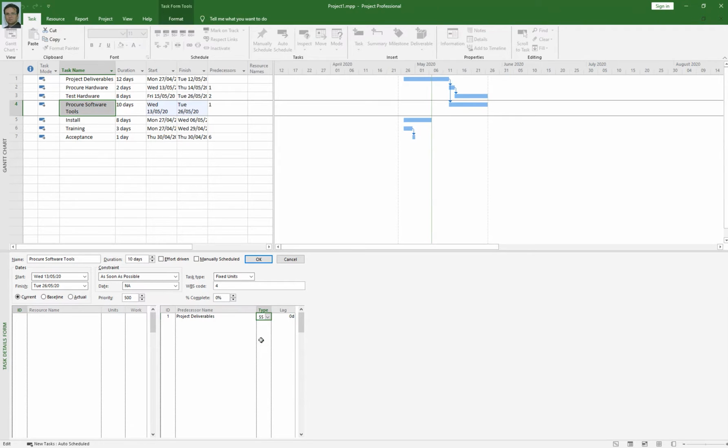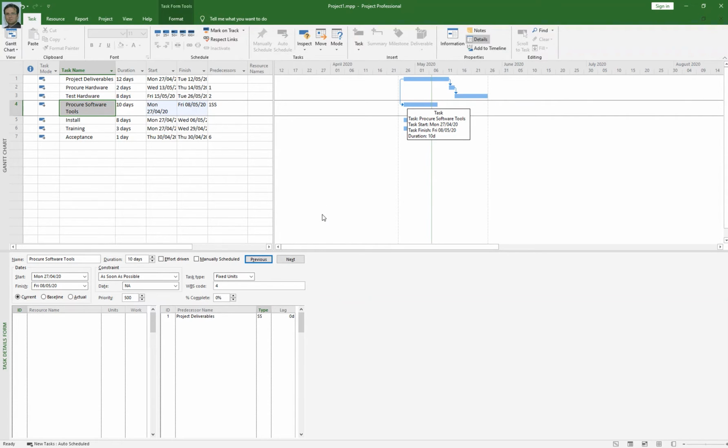Now I'm going to click on the OK button. When I click on the OK button, you will notice that your bar graph will come back to 26th of April. So this is how this relationship works, it indicates that project deliverables and procure software tools, both activities will start in parallel on the same date.